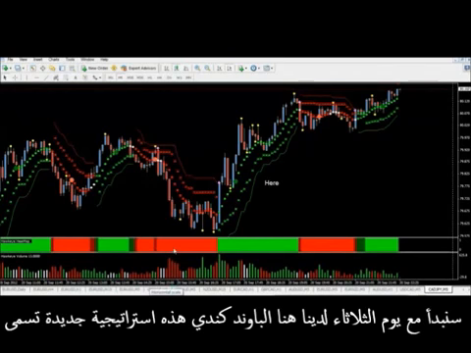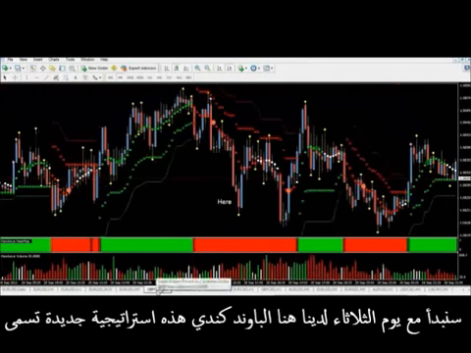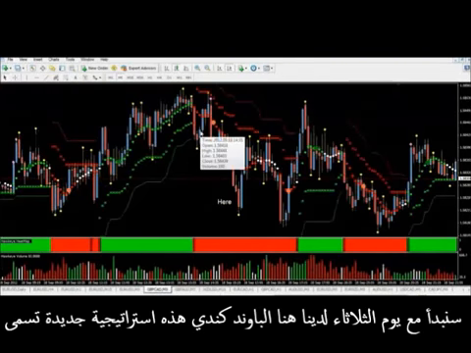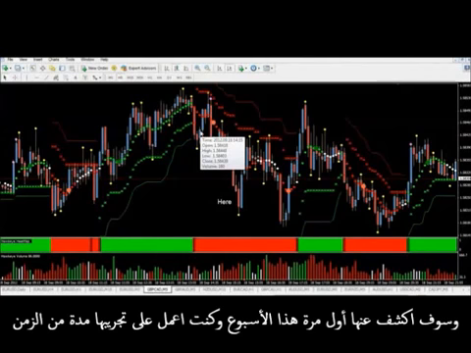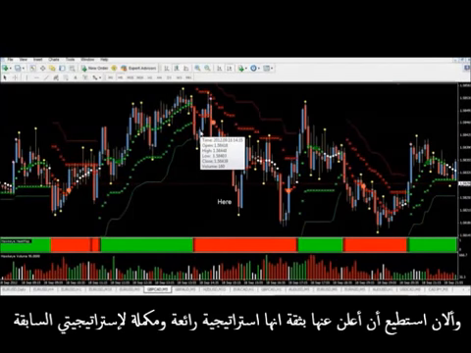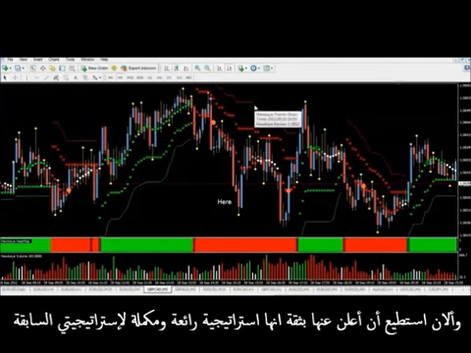So we'll start with on Tuesday we had the pound CAD here. So this was using a new strategy. It's called the FX Trend Rider strategy, and I revealed it for the first time this week. I've been working on it, testing it for some time now. Didn't want to reveal it until I was confident it was a great strategy and it would complement my FX